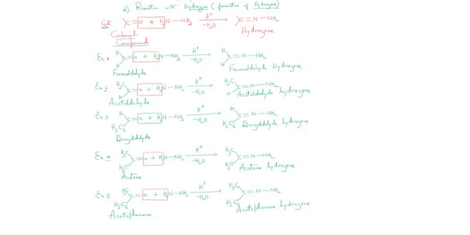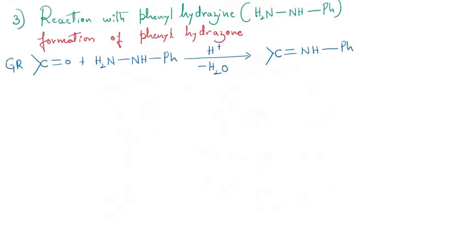I wish that you are able to see this screen, and you can even take a screenshot of this so that it becomes easy for you to understand, right? The formation of hydrazone from the corresponding ammonia derivative, that is hydrazine. So first one is from formaldehyde, it is formaldehyde hydrazone. Second one is acetaldehyde hydrazone. Third one is benzaldehyde hydrazone. Fourth one is acetone hydrazone, and the fifth one, with respect to an aromatic ketone, that is acetophenone hydrazone. So the third one is a reaction of an aldehyde or a ketone with phenylhydrazine.